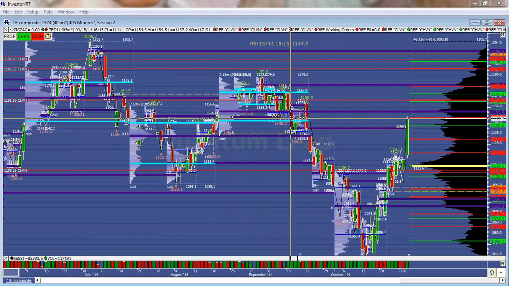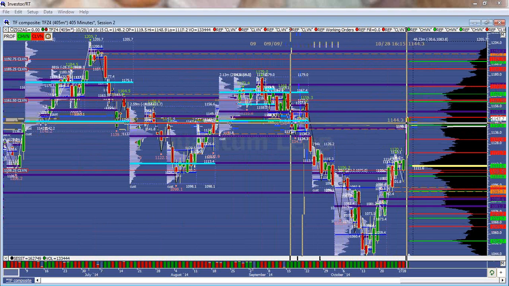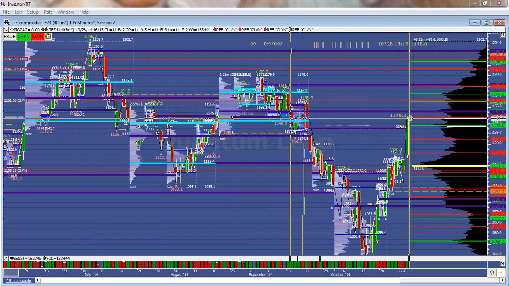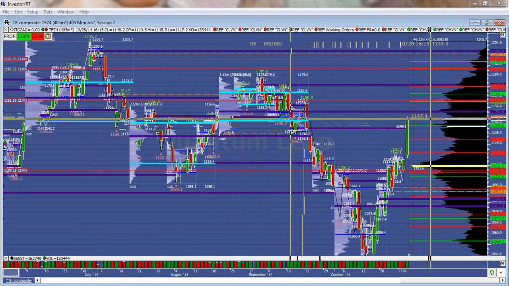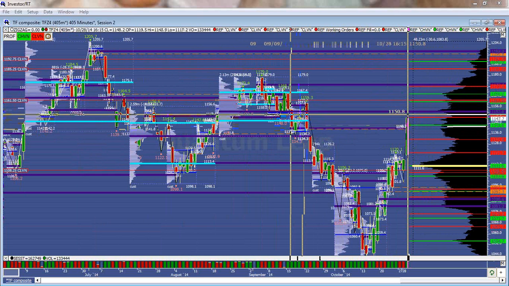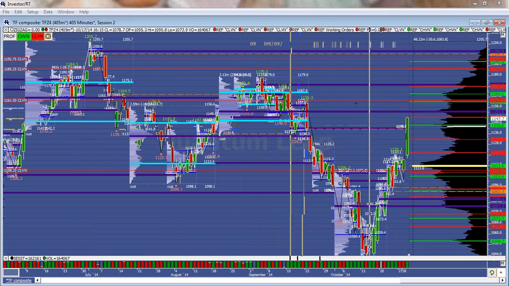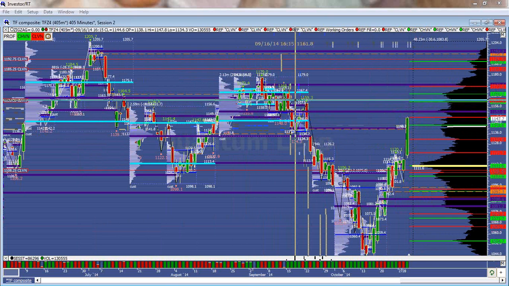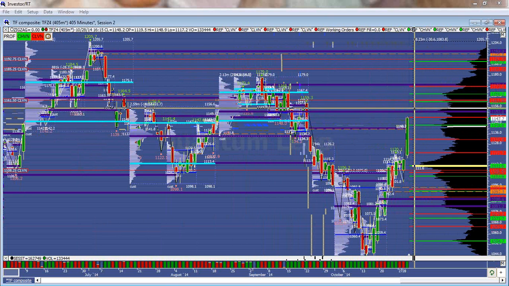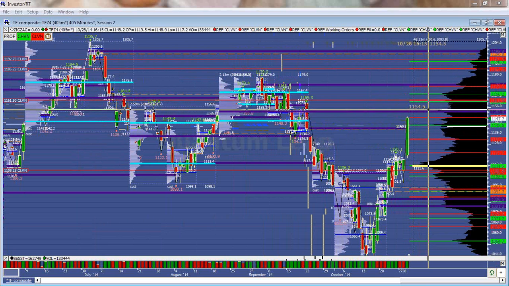If we can hold above the 46, I'm looking to go up and test the value area high, the CLVN, and the range high, all sitting up here at that 48.30 area. Then if we can break above that, the main target above is this 53 area. 5280 is the microcomposite VPOC from inside of this distribution zone. Once we get up here, I'm expecting a rotational day up in this area on the Russell.